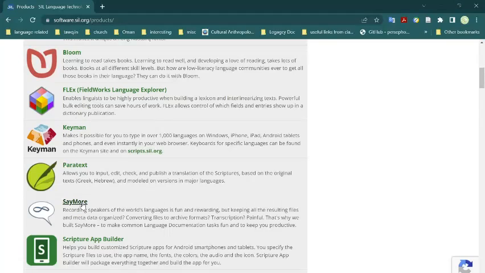We'll use SayMore, which brings it from an audio into a text format, and Keyman, that will help us if there's any text formatting or fonts issues that we have. So let's start with Flex. I'm going to click on it